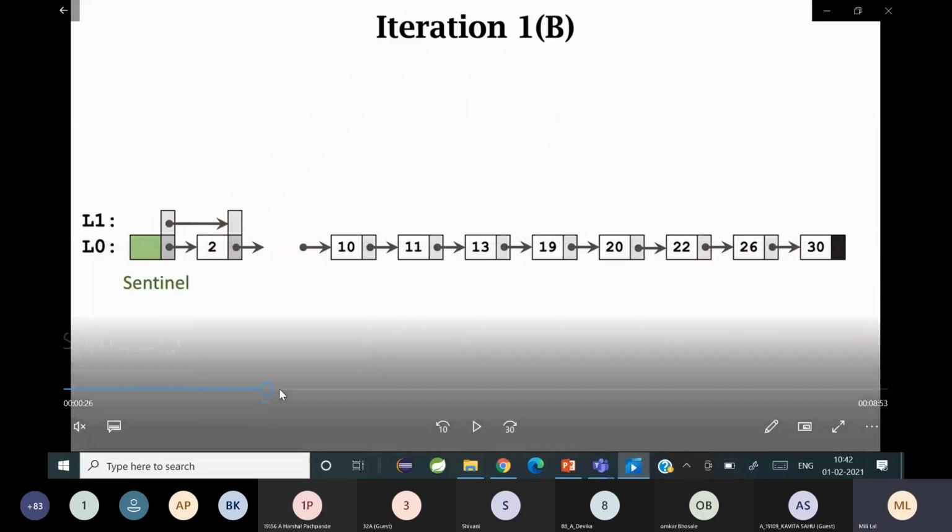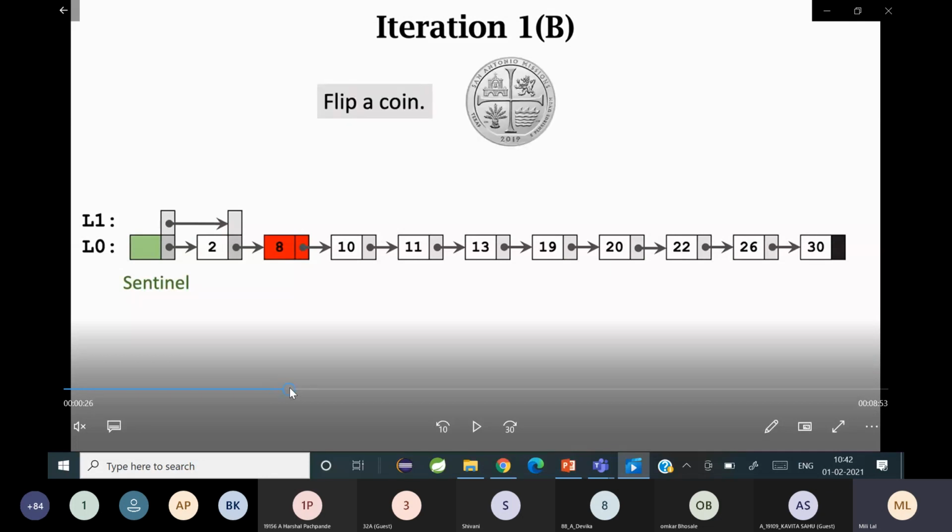This is how for the next layer we see. So in layer 2 maybe every node is connected to one another, but in layer 1 the tossing of the coin is going to decide whether it's going to get connected or not. So now take the node 8. Okay, now we'll again flip the coin or toss the coin, and what you get is a tail. So what happens here? Can somebody explain?